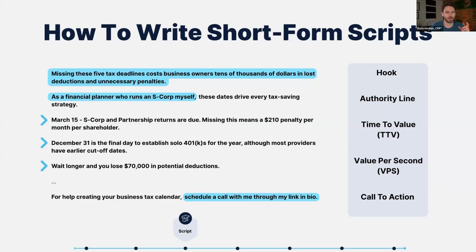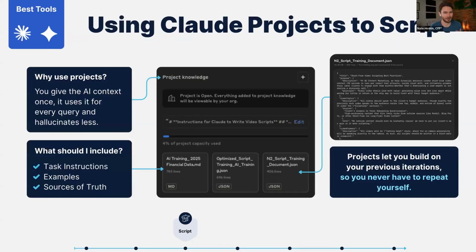So now that you know the structure, how the heck would you communicate this structure to an LLM in a way that it can keep and hold on to so that you don't have to repeat ourselves? Nick, it's an open-ended question, but I know you've got me on this one.